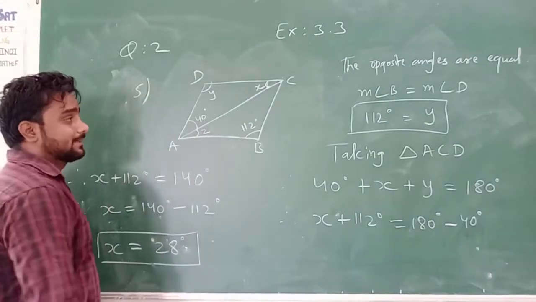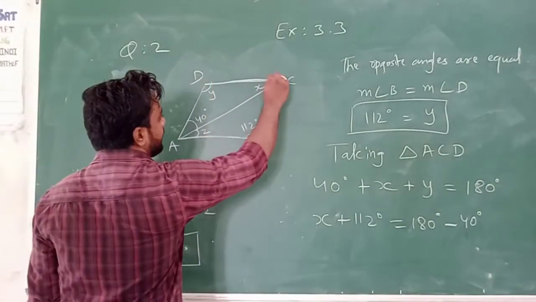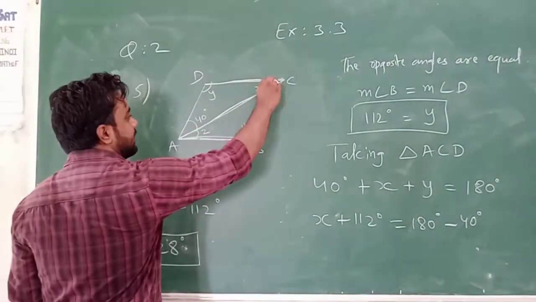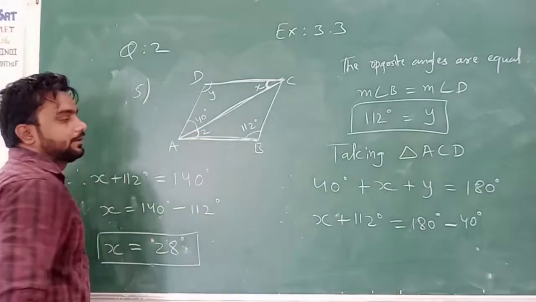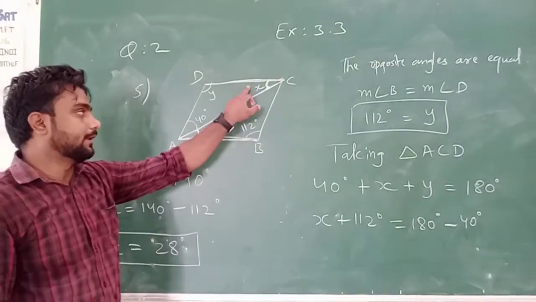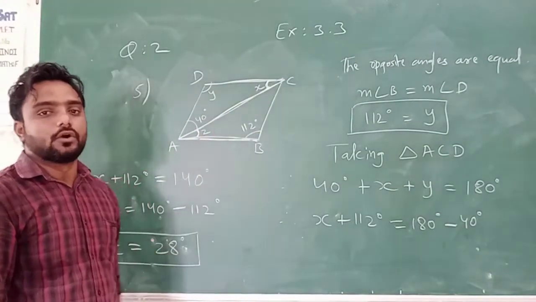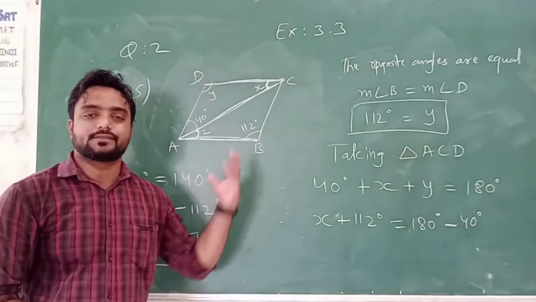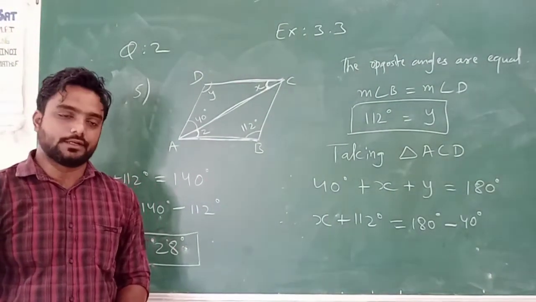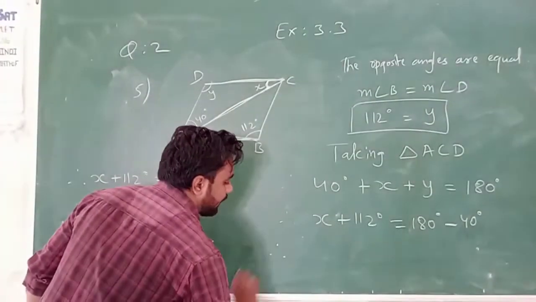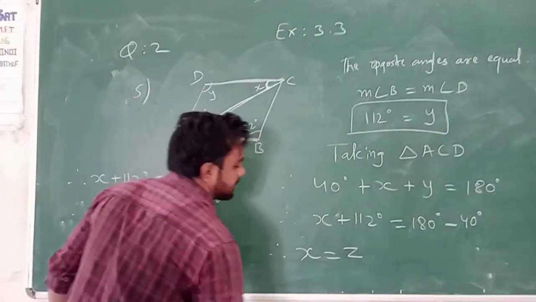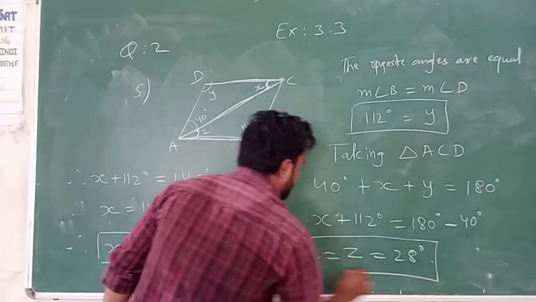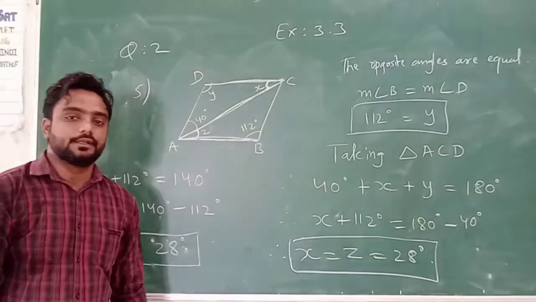Now from the figure, just see, I am making a dark line. From the figure, can I see that this angle and this angle are alternate angles? Understand or not? This angle x and this angle z are the alternate angles, and this property we already learned in our previous sum. That is, the measures of alternate angles are equal. So from there I can write that x is equal to z, and that is equal to 28. So here I am obtaining the value of z, that is equal to 28 degree.